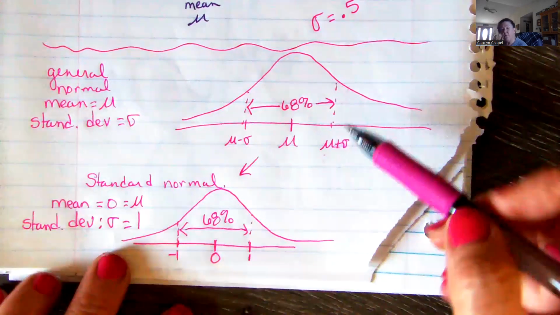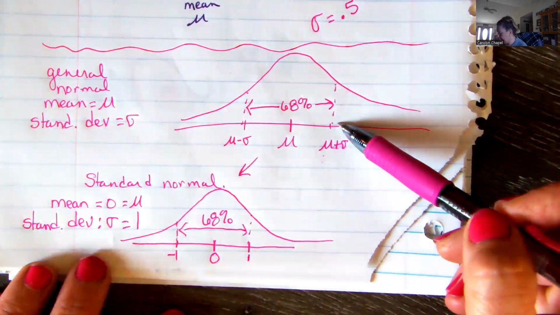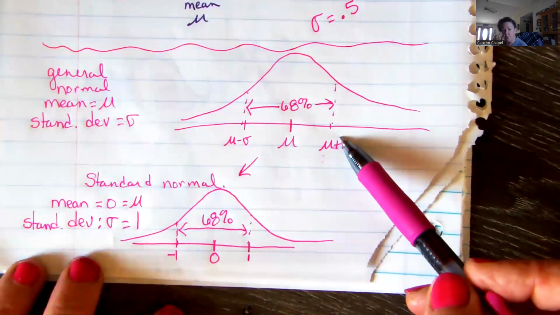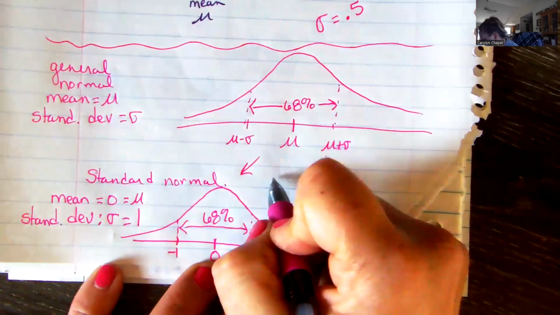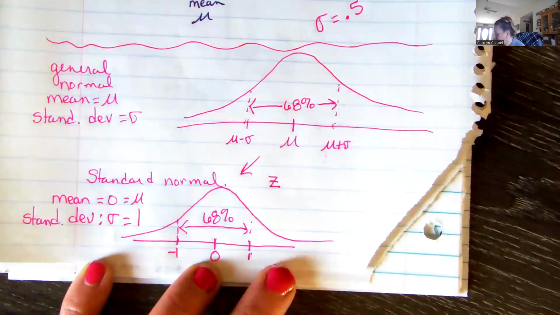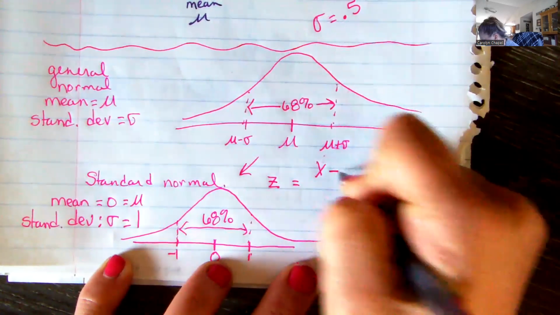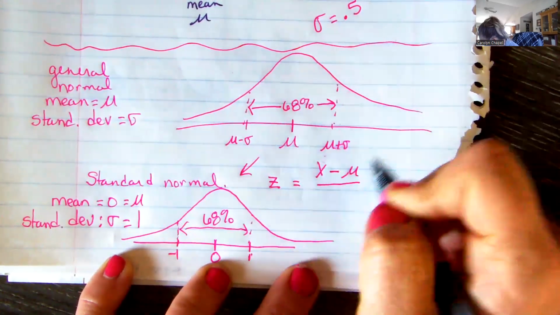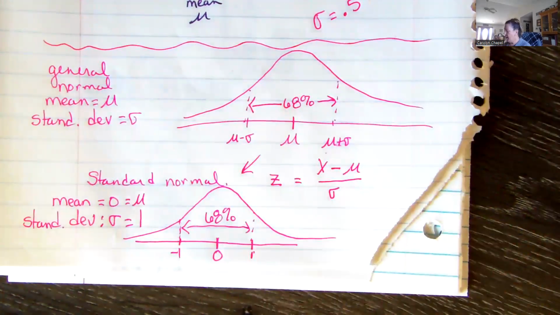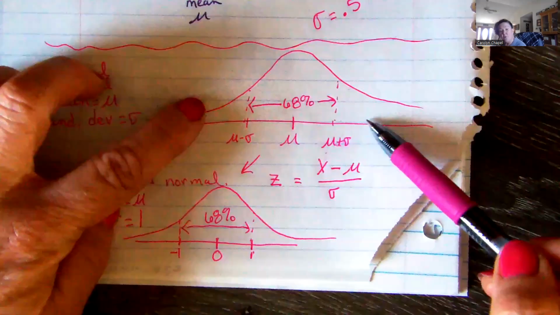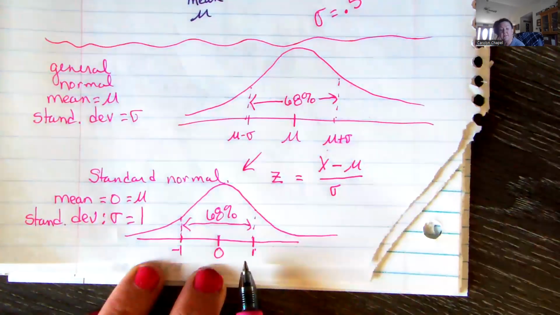And what we do is there's a little formula that I believe you've already seen that'll take us from any general normal curve and put it into the standard form by calculating what we call our z-scores. And our z-score is taking our data value, whatever it happens to be, subtract off our mean, and divide by our standard deviation. And that will take any normal curve and standardize it, so to speak, and put it into that standard normal